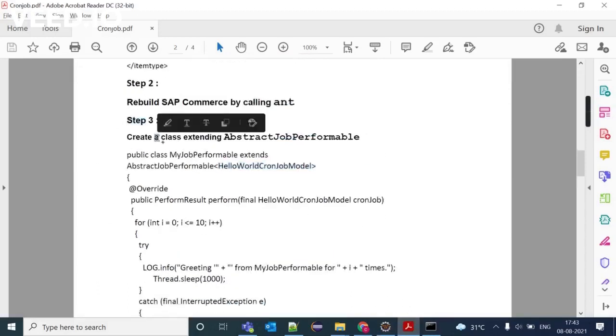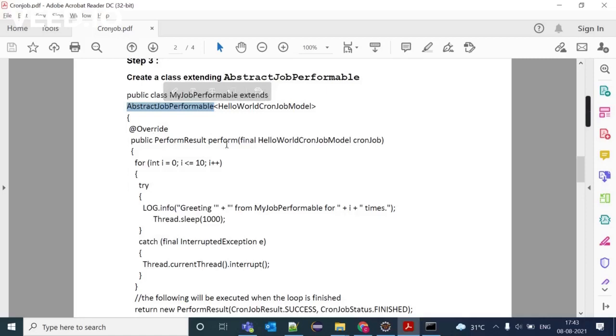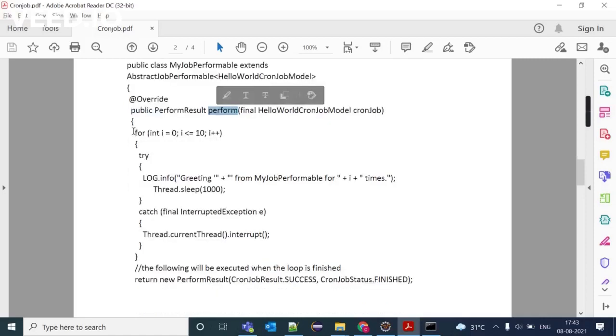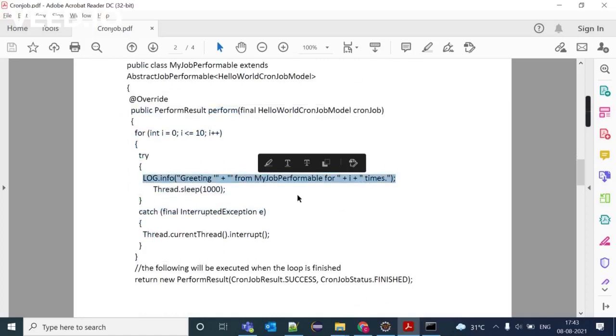Step 3 is we need to create a class which will extend AbstractJobPerformable, or you can implement the JobPerformable interface. I am going with AbstractJobPerformable here. You need to create a class that extends it and then override the perform method. Here I have written logic to print the log information 10 times.